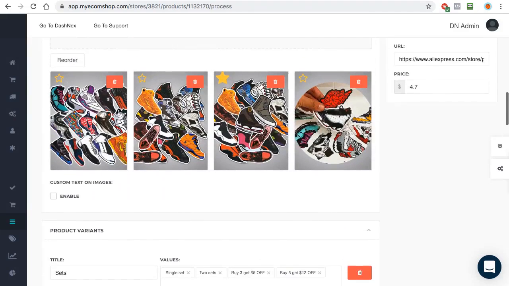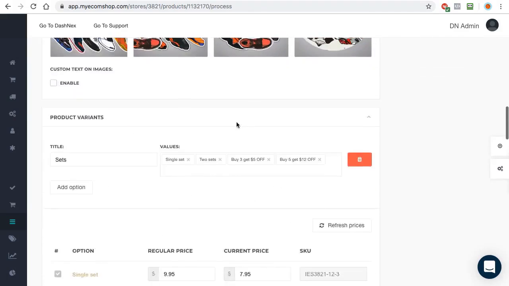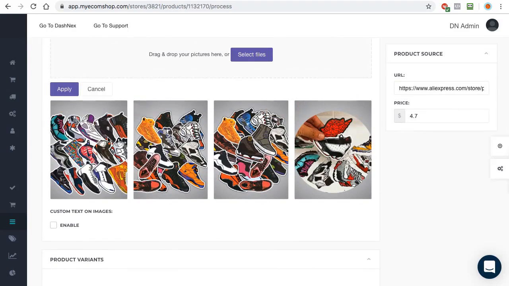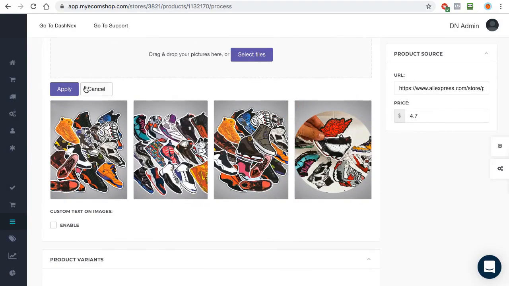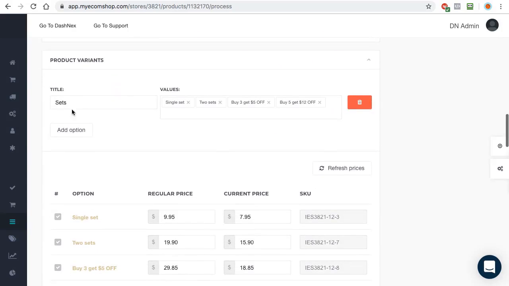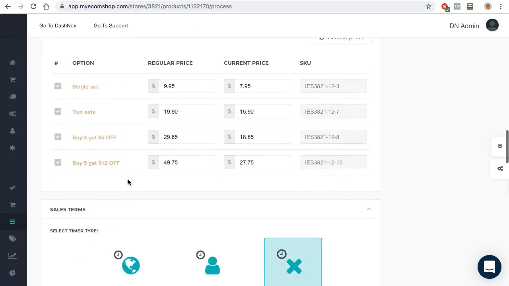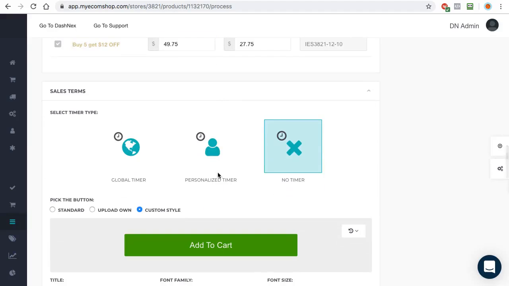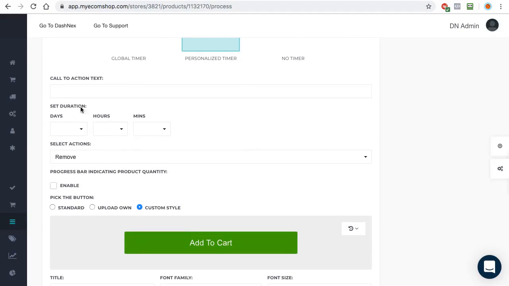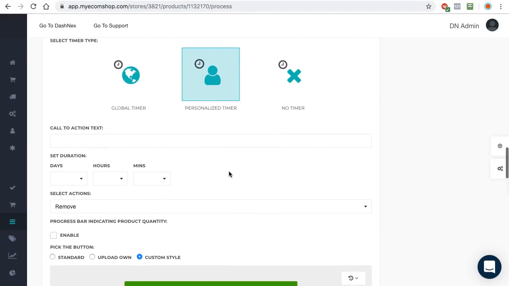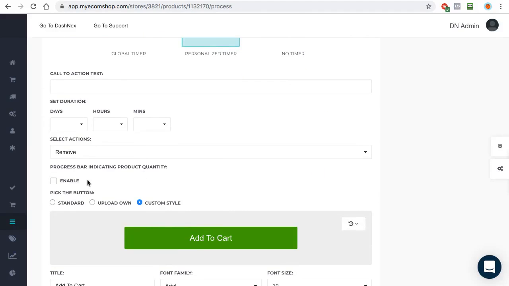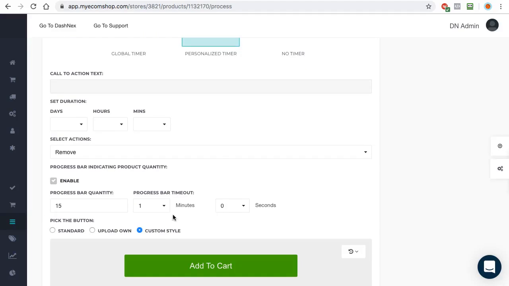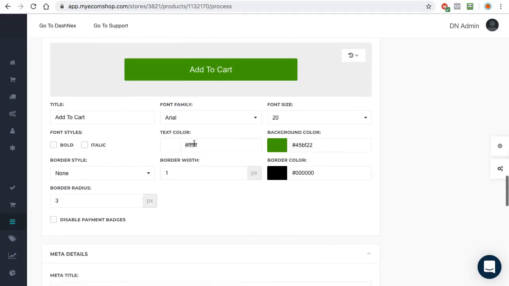You can add unlimited images here and organize them however you want. You can click reorder and then drag and drop them, and apply them and things like that. Then you can set up different options here, like colors, sizes, and styles, and really configure pricing individually based on that. Then you can set up, for example, a personalized timer that will expire for a specific person after a specific time, right? You can set up automatic progress bars,